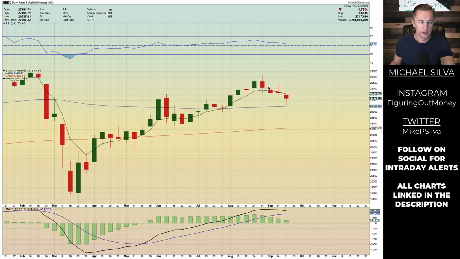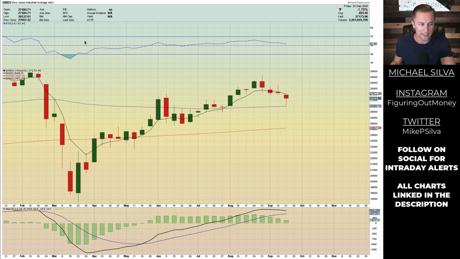Nasdaq 100. Here's the Dow Jones. I didn't map out any levels here, but I will show you on the daily. Really what I want to show you is this weekly candle right here bounced perfectly off the 50-period moving average and formed a hammer candle, but we didn't capture that 5-period moving average. This looks nice on a pullback, and it might bounce a little more up, but it's very possible that it can continue to the downside. If we close below this hammer candle next week, I think we still have more downward movement, probably down to around this 200-period moving average.